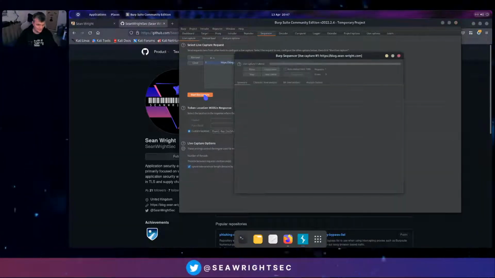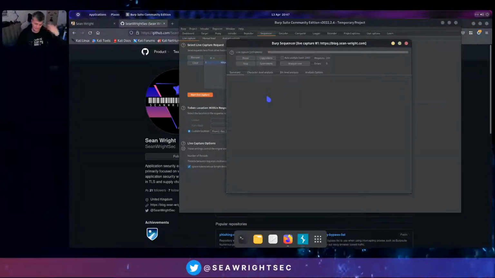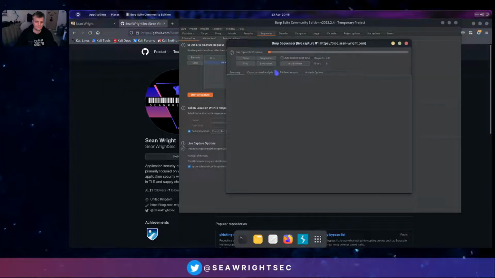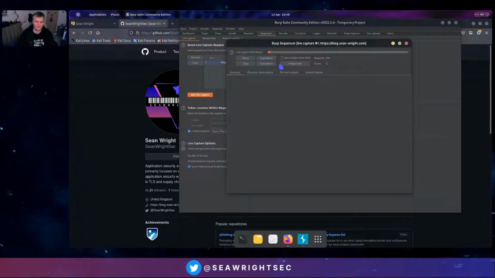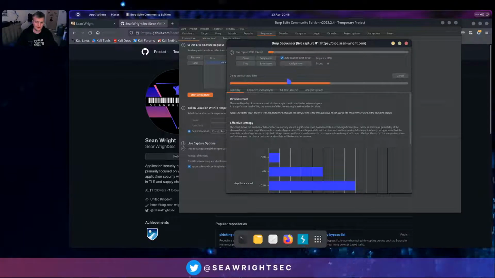And then you'd go start live capture, and it'll bank off however many requests. In this case, it'll just carry on. I think there is an option to auto analyze. Yeah, so when it gets 800, it will then analyze the